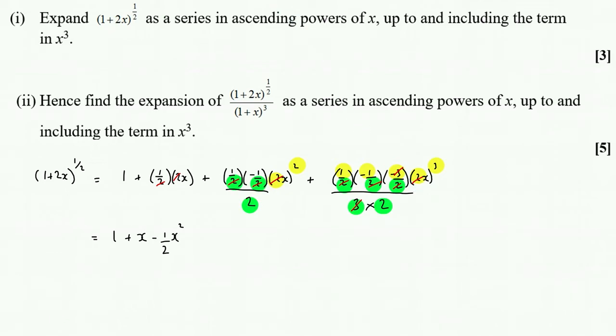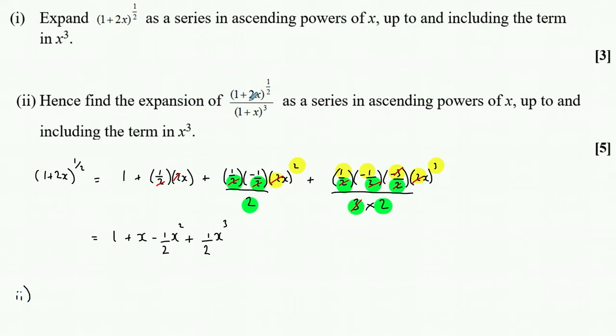What about the signs? I've got 2 minus signs, so it's going to become a plus. All the yellow stuff's cancelled, so that's just going to be x cubed. That's going to be a half x cubed. So that's the expansion for part 1. Part 2